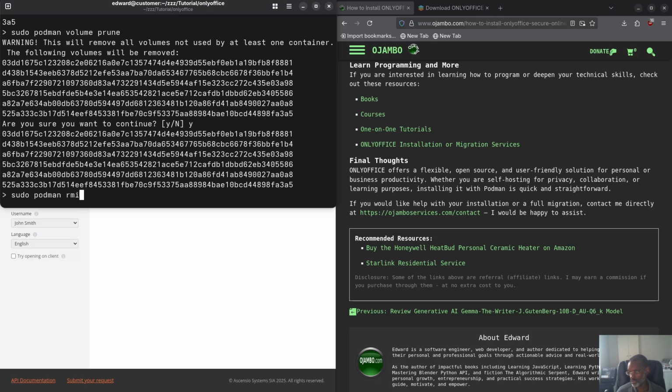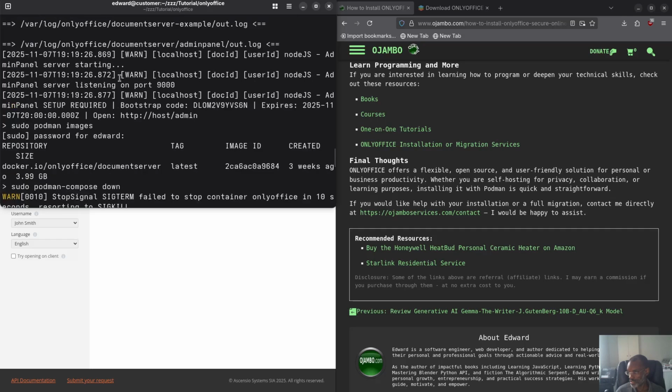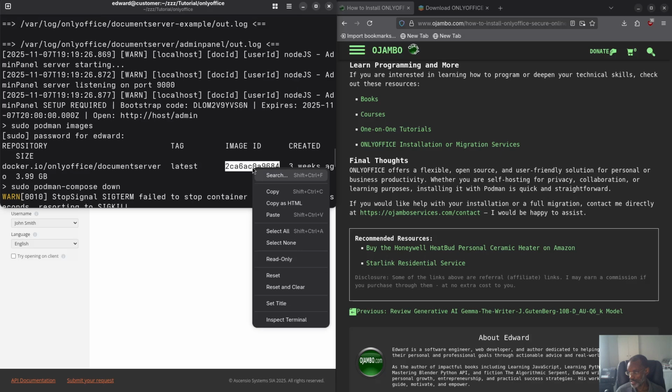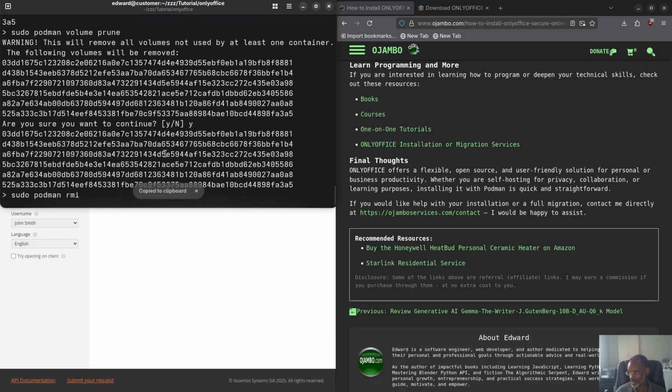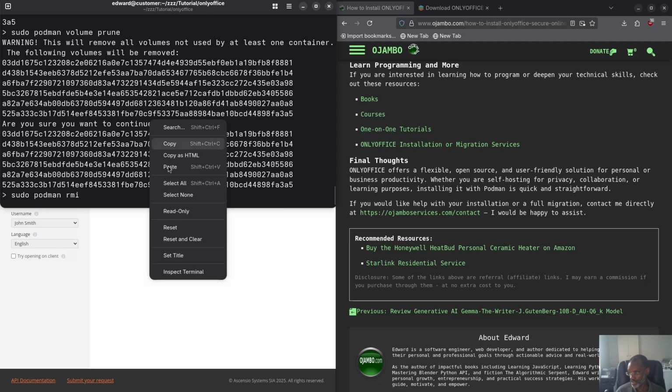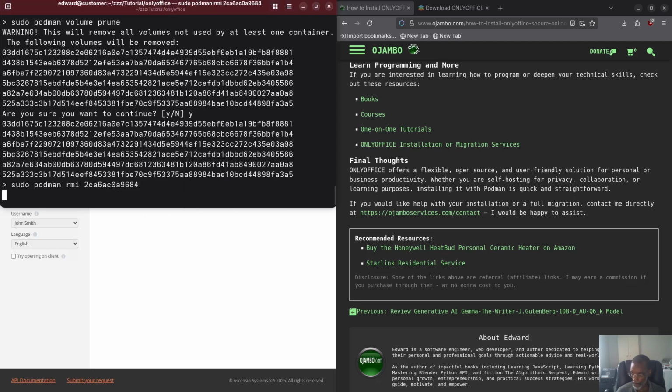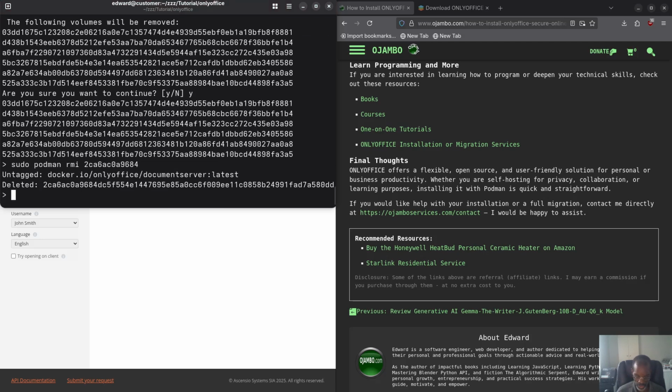rmi, and then the name of the image. It's here, this guy here. You get the ID, copy that, and space, and then you paste it in there. Yeah, it's been deleted. And then you can also do a prune if you want, because sometimes there's some hidden